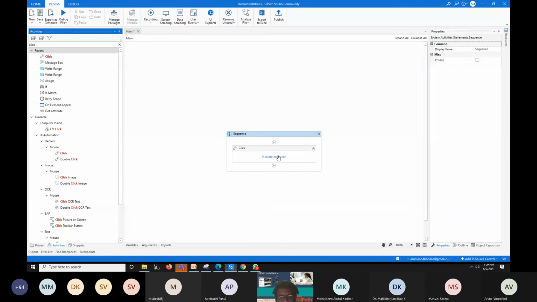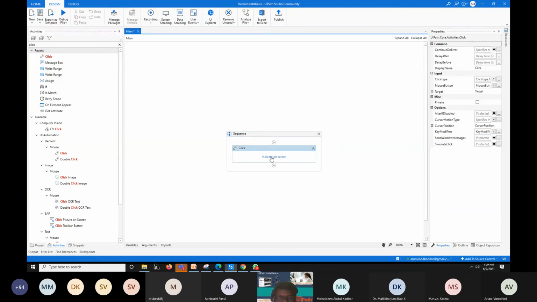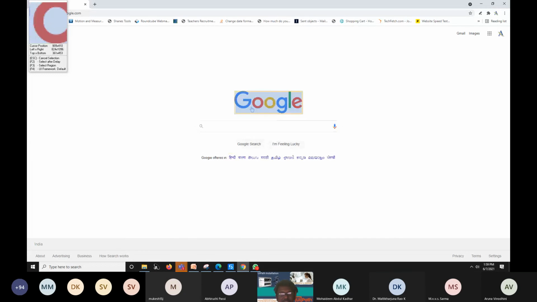There you can see indicate on screen. Just click this indicate on screen, and you can see all the elements are identified. Is it right?